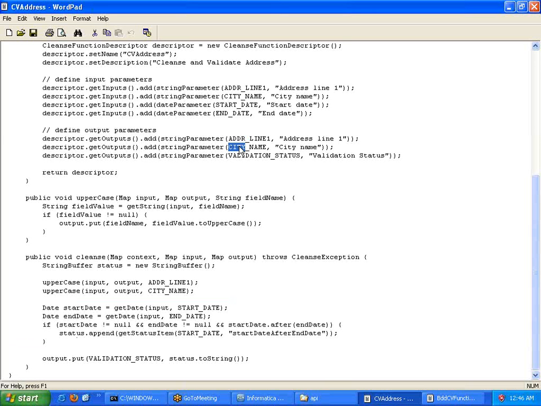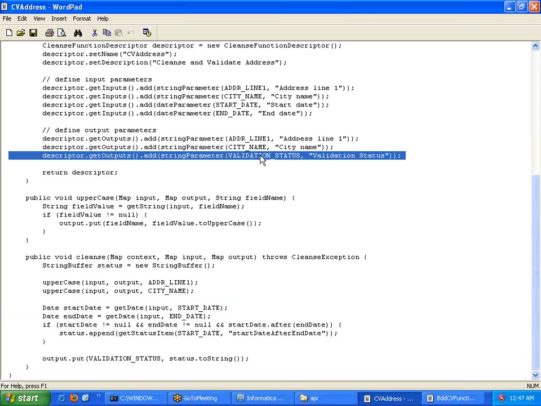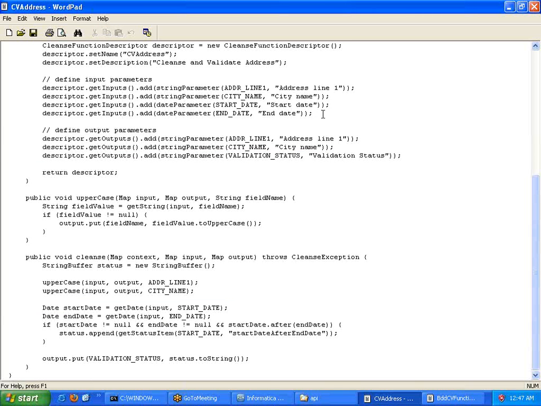Conversion from lowercase to uppercase is going to take place. Yeah? So that's it. These two methods are done. Once we do that, next step is going to be what? We have what we call start date, end date, because we have validation status, right? In order to populate the data to this validation status, what do we need?